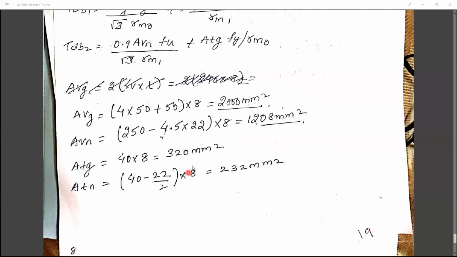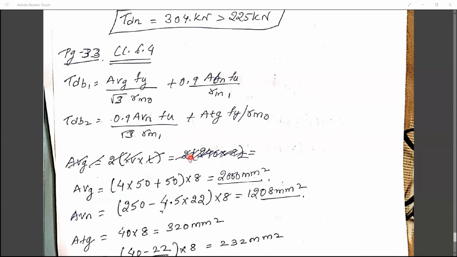So this problem I'll repeat it once again because the Zoom meeting schedule is getting a little bit less. This problem